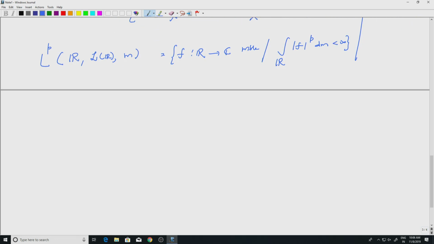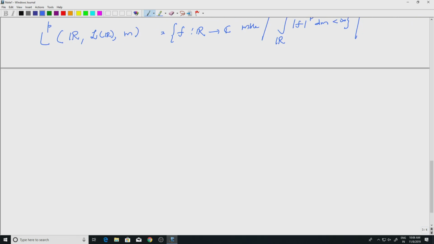So let's look at some trivial examples before we study the spaces. So let's take X to be a finite space. So that is the easy case always, 1, 2, 3, etc. n. Okay. So it's a finite space. The sigma algebra is of course the power set, right, and mu the counting measure. Okay, so these are examples which we looked at very early in the course and easy examples to understand.